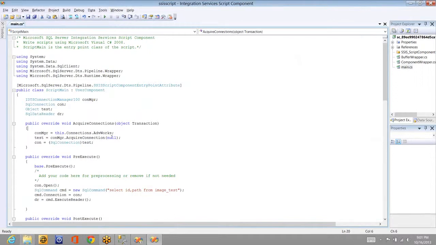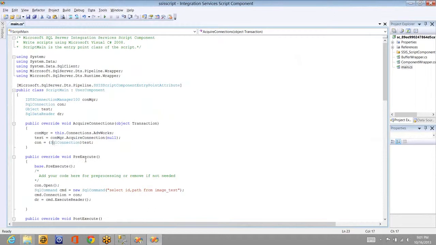Here I'm getting that connection into this variable, which is of type IDTSConnectionManager100, and then I'm acquiring the value of the connection into this object variable, and I'm converting the object variable into SqlConnection. This is called typecasting, like the convert function in SQL Server.